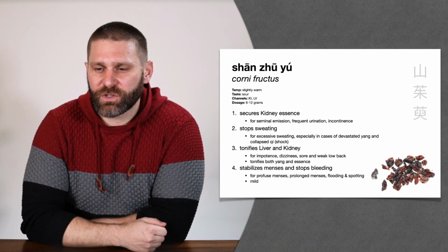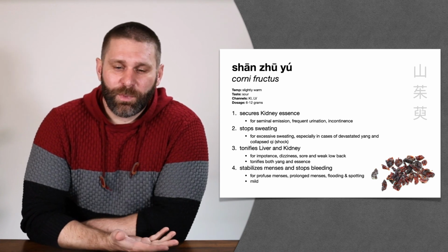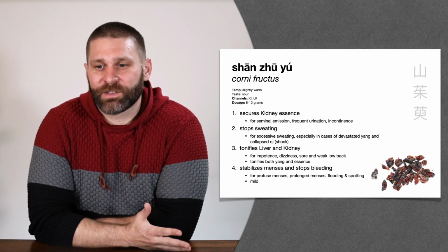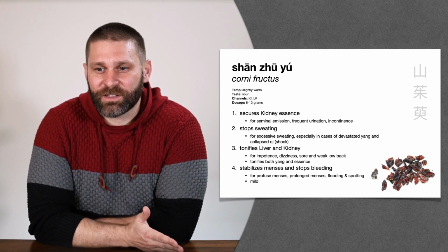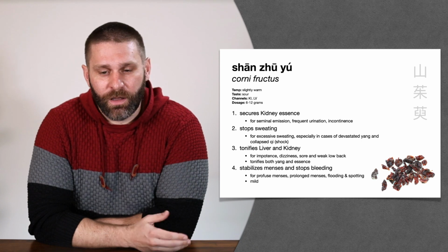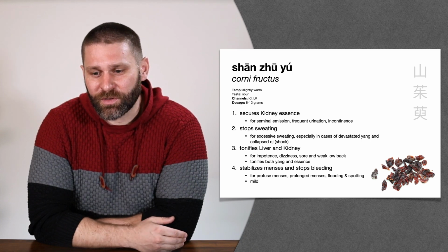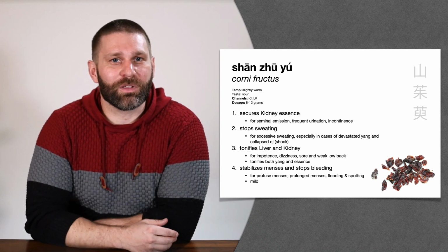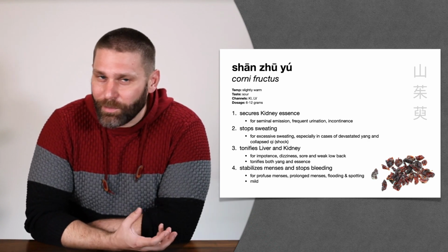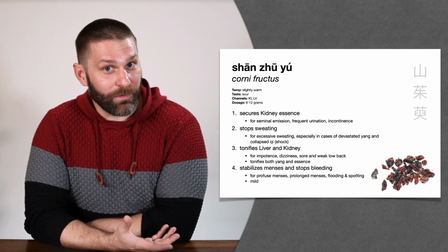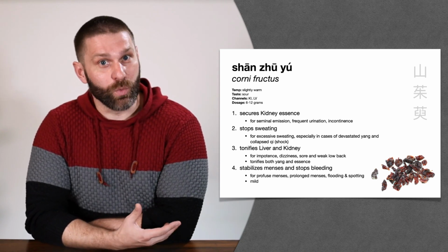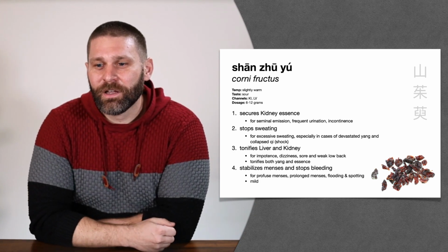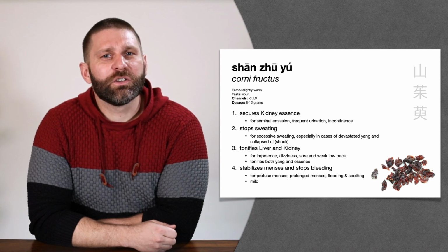So that's shanjuyu. And this maybe sounds a little bit weird, but to remember this one, I often think of another herb that sounds very similar, wujuyu, from the warm the interior category. We said wujuyu is especially good for vomiting. So sometimes the way we remember that, we would say, wujuyu stop vomiting. That sounds kind of like, would you please stop vomiting? For this one, for some weird reason, I just think, in similar terms, shanjuyu